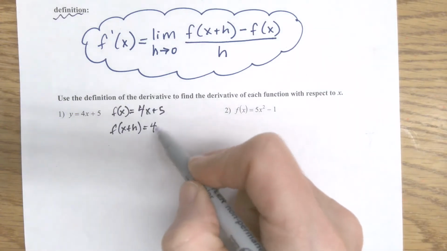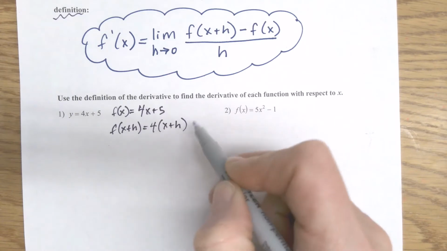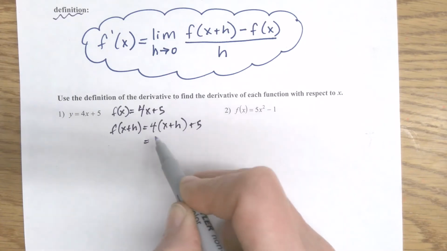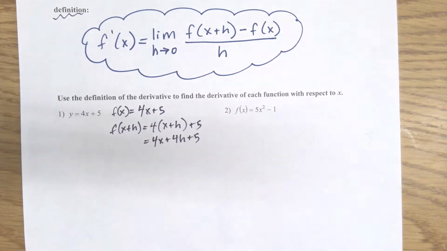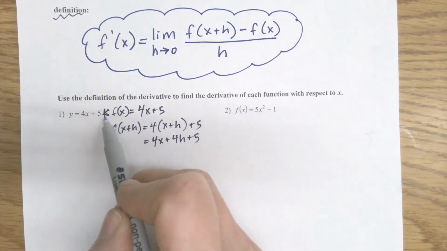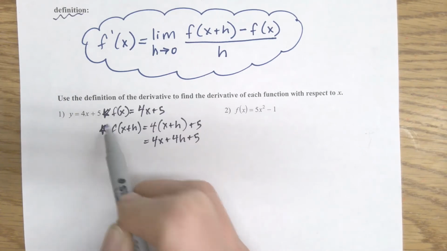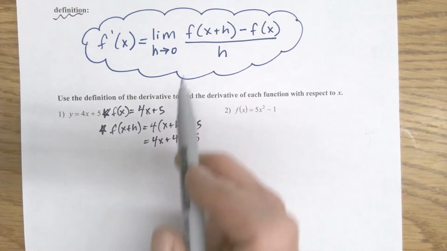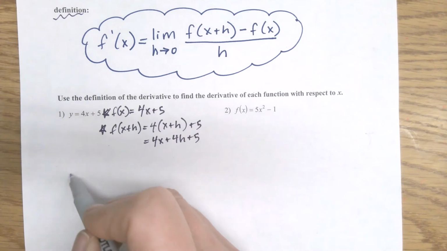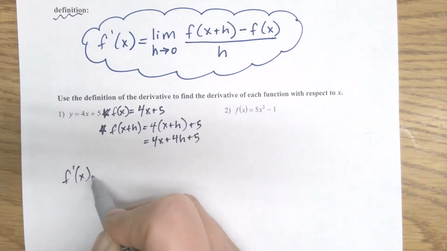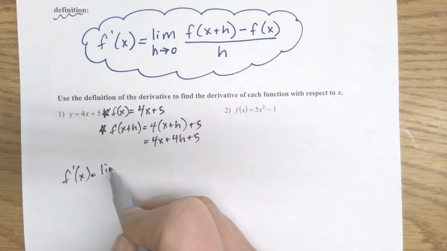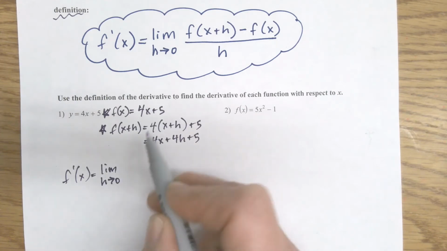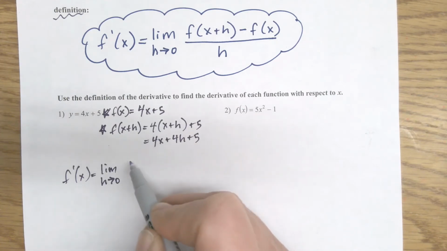So this is 4 times x plus h plus 5, or I could write that as 4x plus 4h plus 5 if I distribute that through. Once I have my f of x and my f of x plus h, I can plug it into this formula. So f prime of x, the first derivative, is equal to the limit as h approaches 0 of f of x plus h